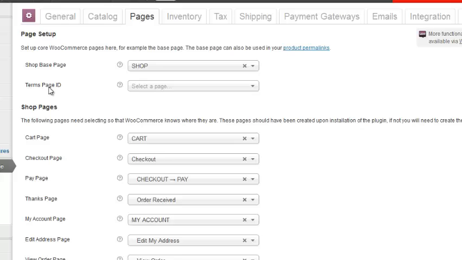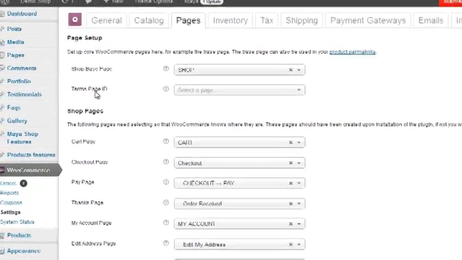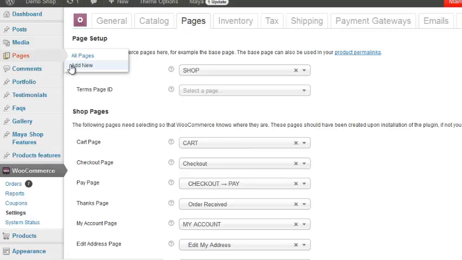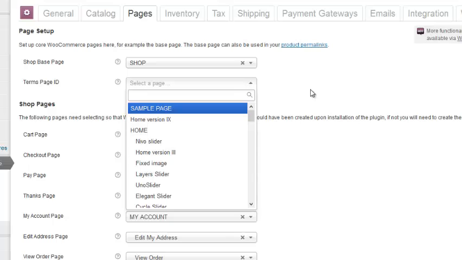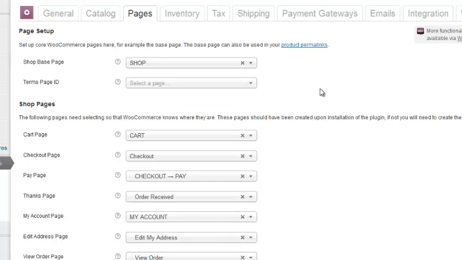Obviously, you create the page as you normally would in WordPress. You go to Pages and you add a new one, call it what you'd like, terms and conditions, whatever. Then after you create and publish that page, go ahead and select it here. So you don't have one right now in this demo shop, but this is kind of an important point if you're needing to comply with certain country and state laws and credit card requirements and that sort of thing. All right, so that is an important point on the Pages tab.